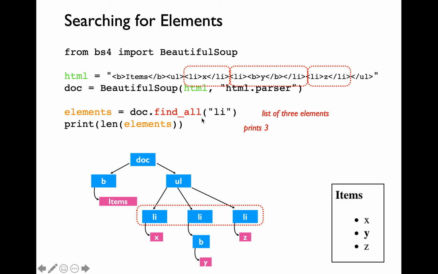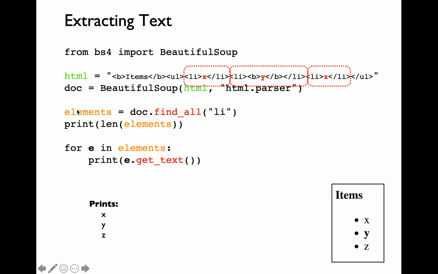The find_all function is always going to return a list of the elements, which we are capturing into a variable called elements. In this particular example, we have three li tags, all of which are within this ul element. So we are going to get the length of elements as 3. Since elements is a list, we'll be able to iterate over every item within elements by specifying for e in elements. What else can we do with individual elements as part of the DOM tree?